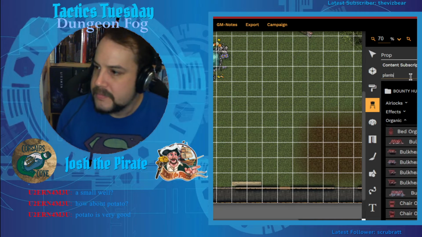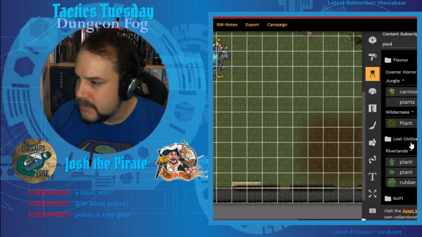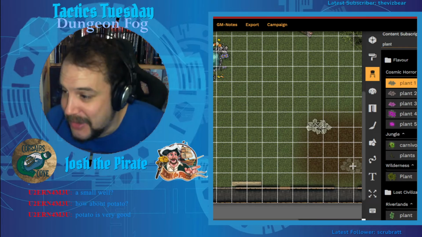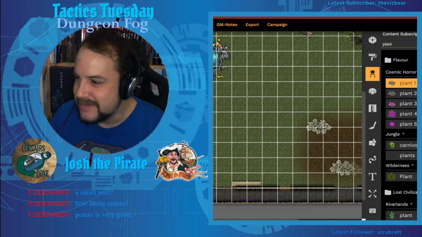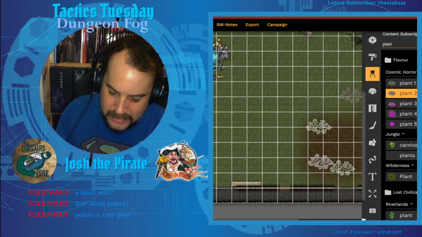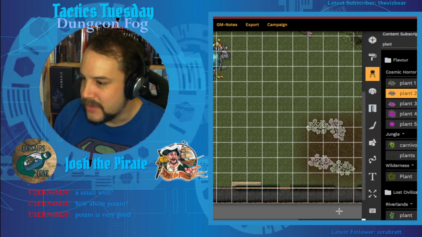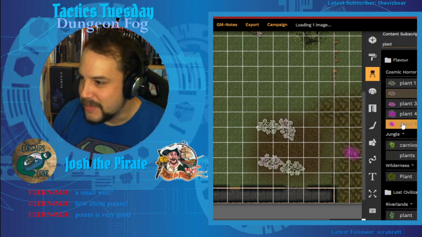Plants. Plant. Rubber plant. Riverlands. Lost civilizations. Cosmic horror. I actually think that might be okay. I like that. That's about right. Yeah, you'll do. Plant 2. But I might rotate some of these a little, say through 60 degrees. What else we got? That actually kind of works. I'm really mildly surprised by that. There is plant 5, which is...